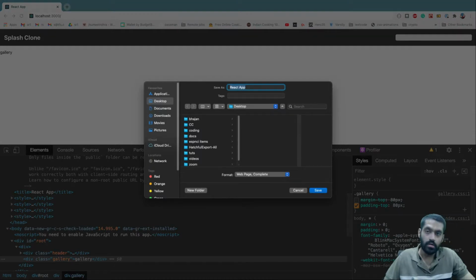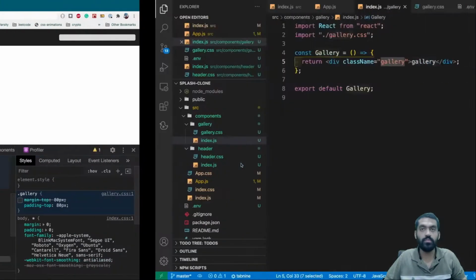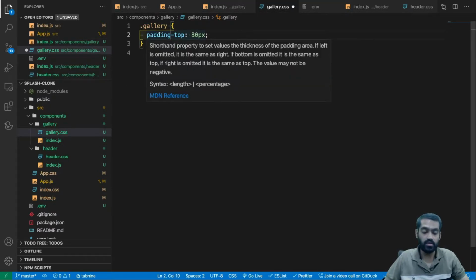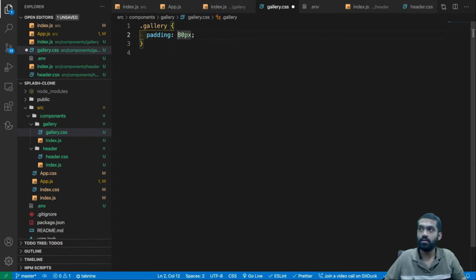Okay, cool. So let's not do a margin top. Let's do a padding top. Instead of 80 pixels, let's do 20 pixels, 0, and then 20 pixels.